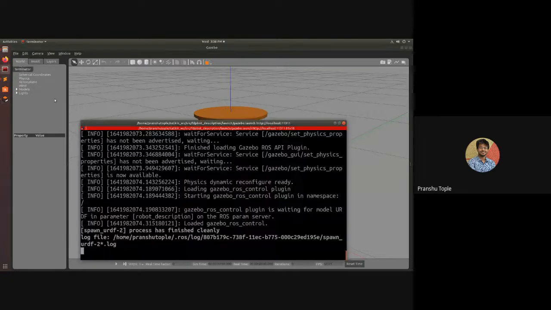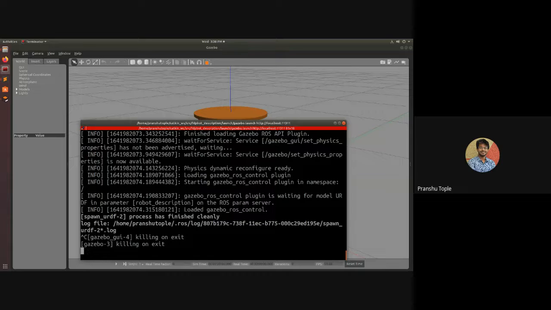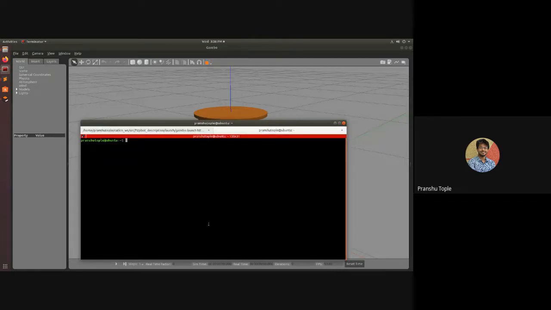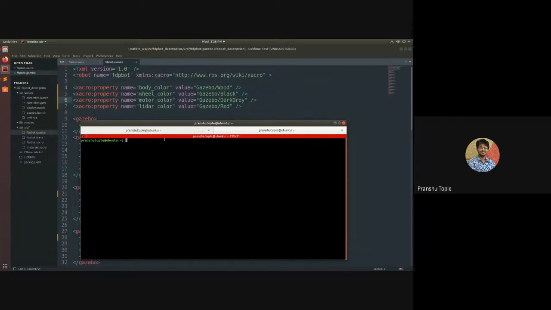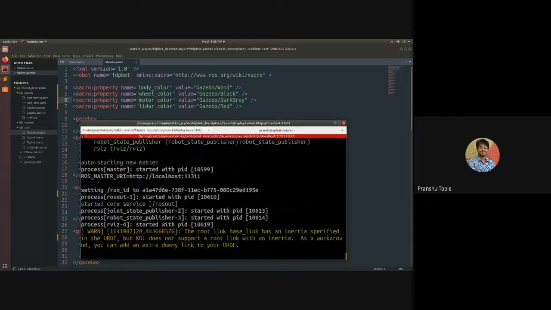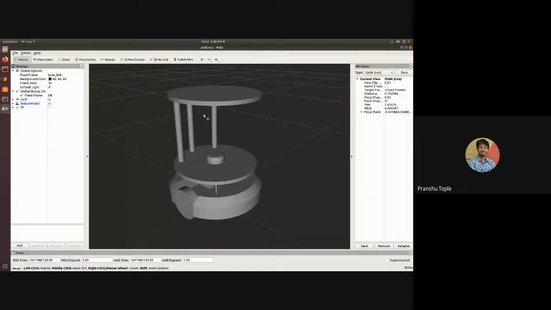How can we make it move? So we will, wait. For colors, there is one more thing. Now we have tried it in Gazebo, and in Gazebo we can see all the colors are there properly. But if I open a new terminal and do display.launch, you can see the robot is still just gray in color.